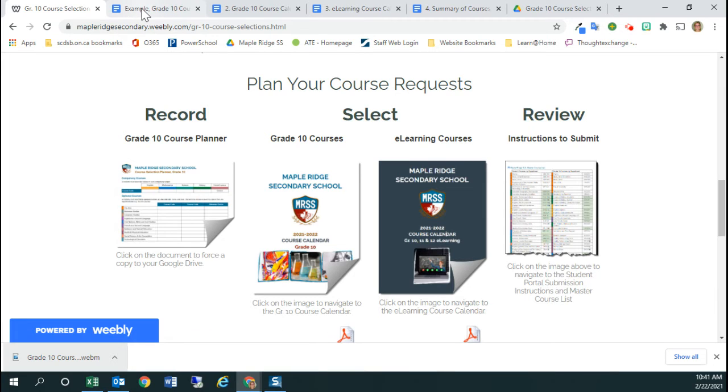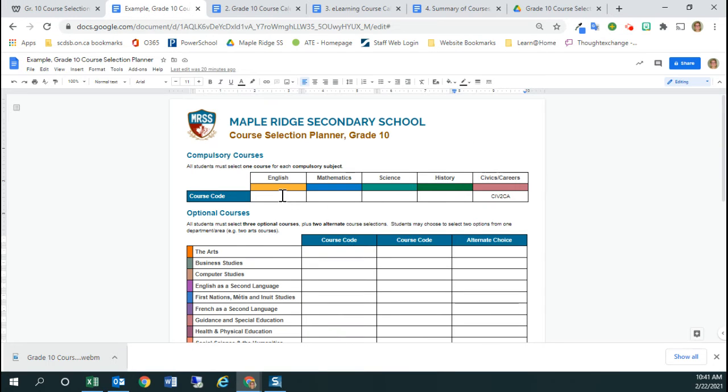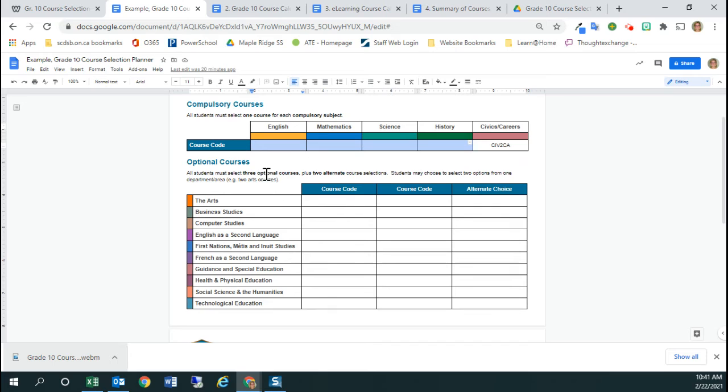And this planning document looks like this. And here's where you would enter your course codes that you want for those 5 optional courses. Notice I put in civics and careers, the code for that, because every student has to take that. And then here's where you would put in your 3 optional courses. So you would put three course codes in